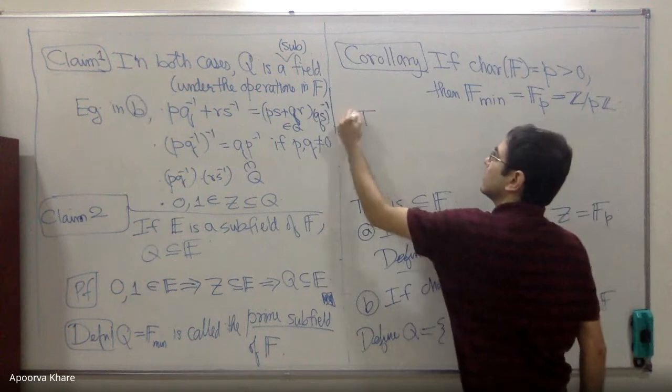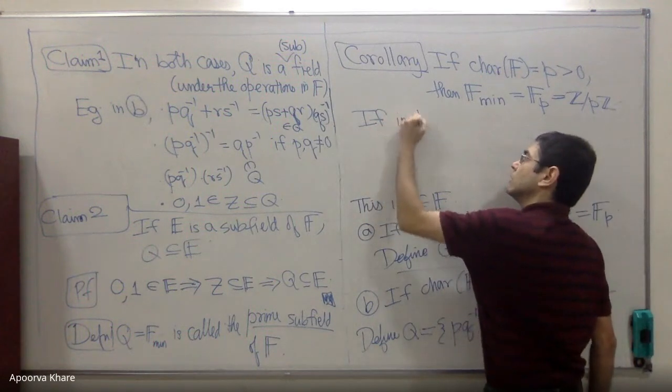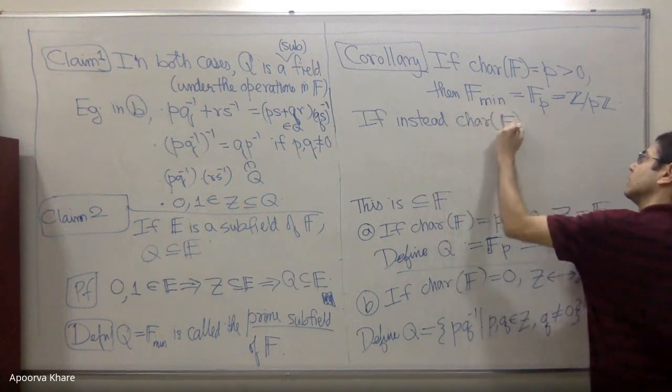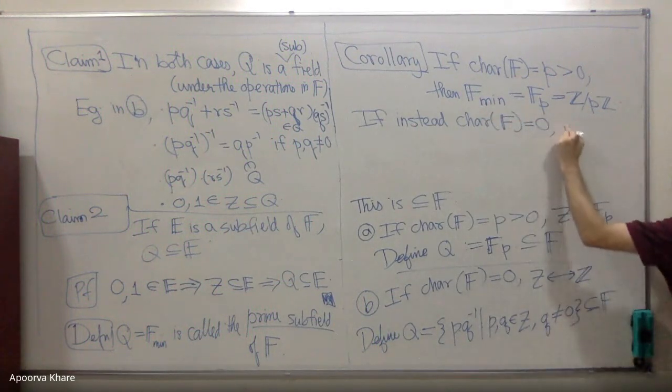If instead the characteristic of the field is 0, then F min is precisely